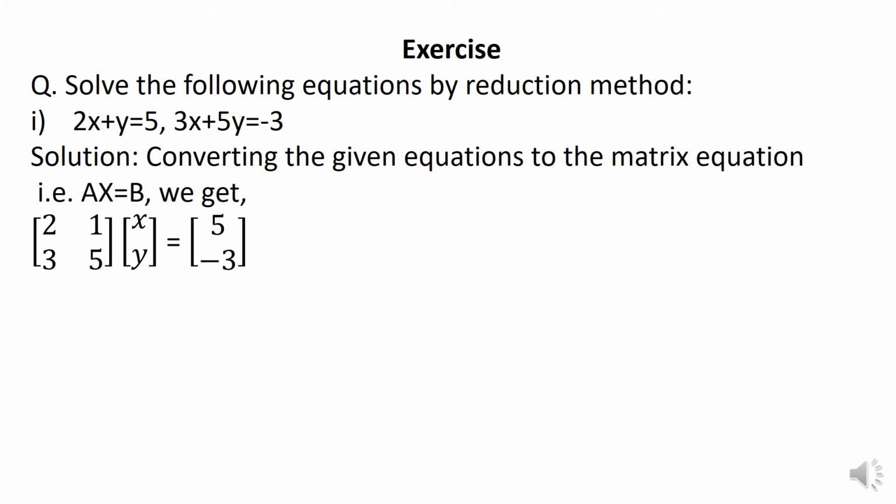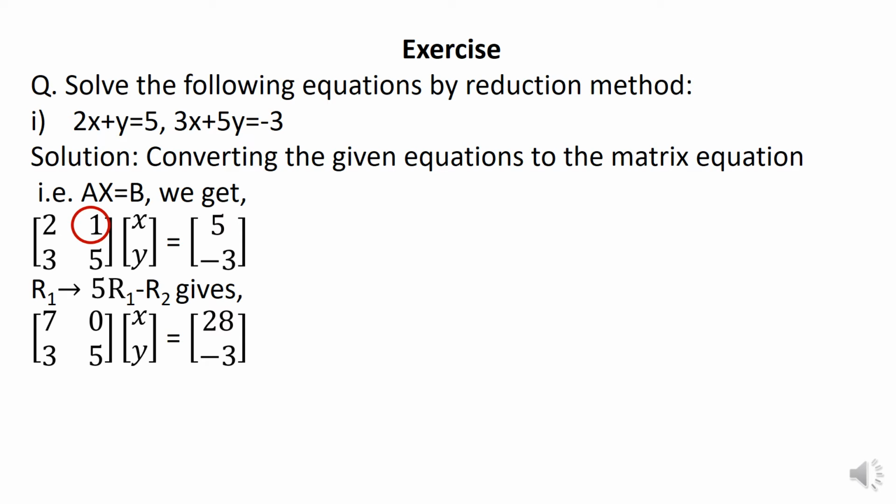Now just observe the equation. Convert A either into an upper triangular or a lower triangular matrix, whichever is easier to do. Here we find that it is easier to convert A into a lower triangular matrix. So we start by converting 1 to 0 using row transformation. We can convert 1 to 0 by doing R1 minus R2, where we get this particular equation. As you can see, row 1 on the LHS and the RHS has been transformed by the given step. You can do it in your mind and see whether you are getting the same answer or not.